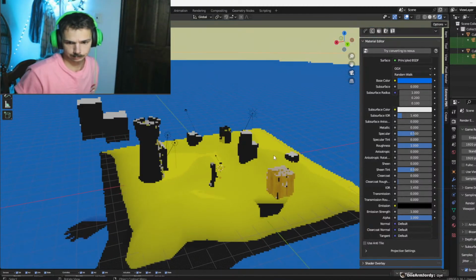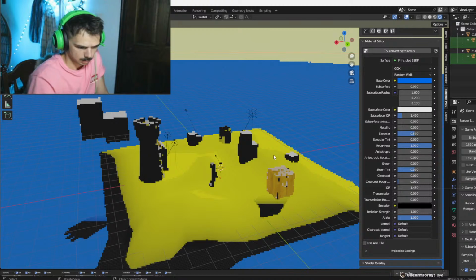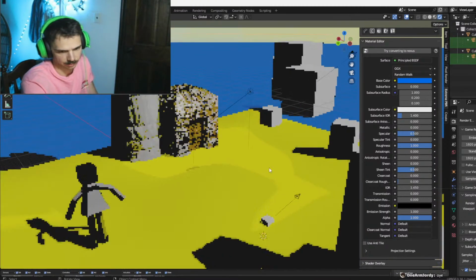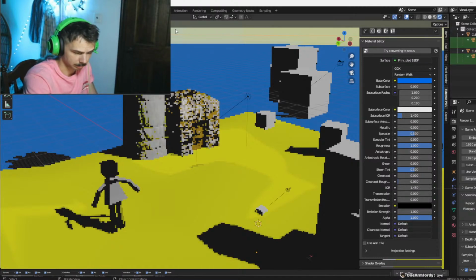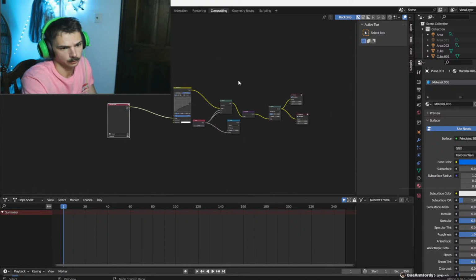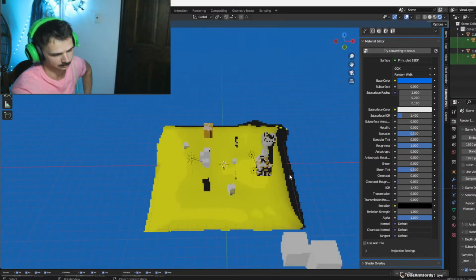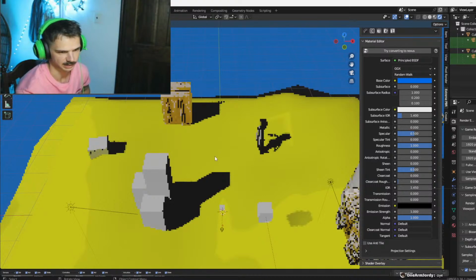So, right now I'm messing around with different shapes. I have some nodes that I put in the compositing tab for creating this effect in Blender where everything looks pixelated. It was actually kind of tricky to pull this off because